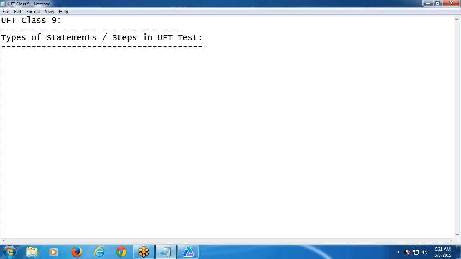See, we use different types of steps for creating UFT tests. Not only a single type of statement, we use different types of statements or steps. And one more thing, for every test, all types of statements are not required. Based on your test requirement, you can use them. I will introduce maximum types of steps or statements in UFT test. First one,